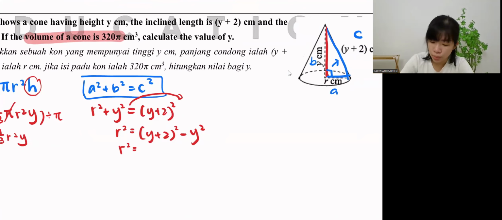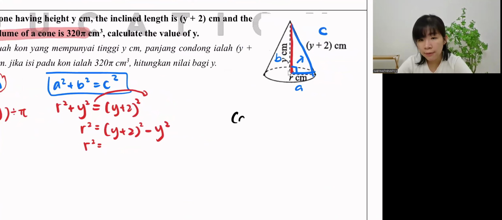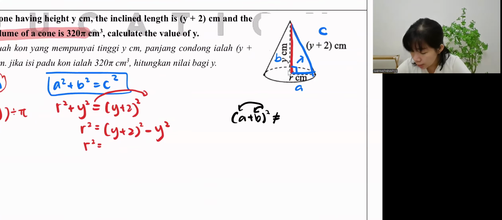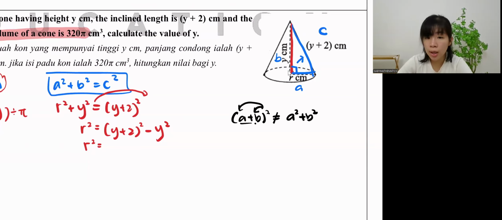This one since Form 2. When you want to open this bracket, remember, we will have 2 or 3 terms. It's always 3 terms. Do not make this mistake anymore. If they ask you (a plus b) square is not equal to this. I know some of you, if you don't think properly, will think a square plus b square. Expand already, like this. No, this is wrong. So when you see 2 terms with a square, you will always get 3 terms.